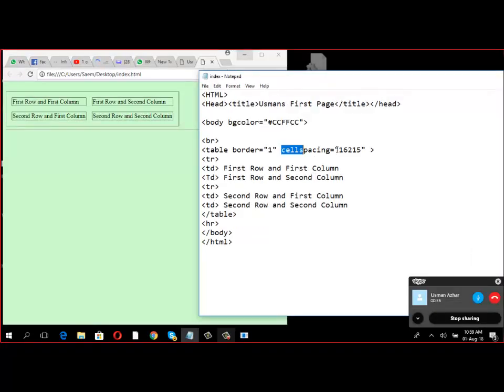So I increase the cell spacing to 15. Cell spacing is the space between the cells. Then you also have cell padding. If I make cell padding 12, let's see what cell padding is. So if I save this and refresh this,